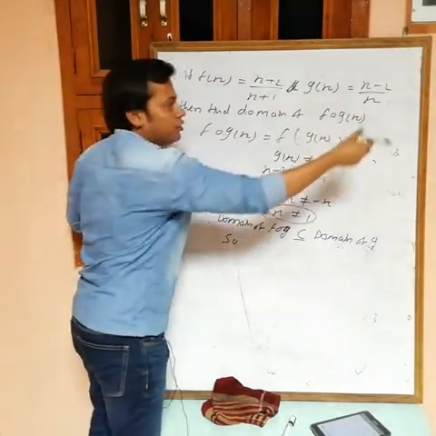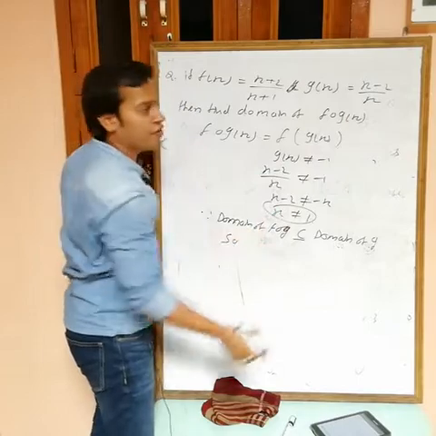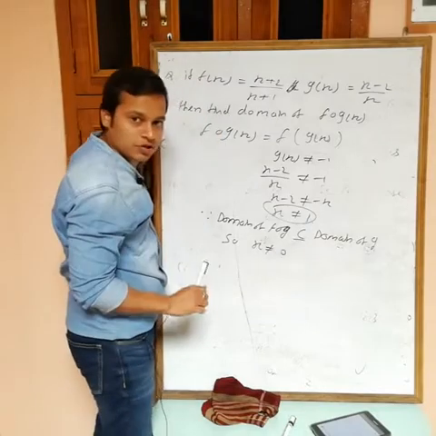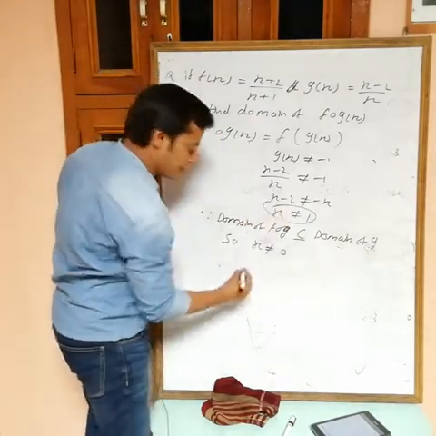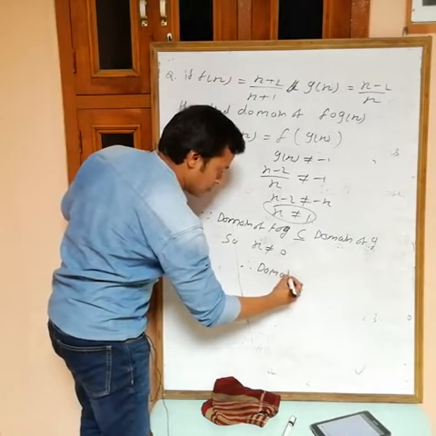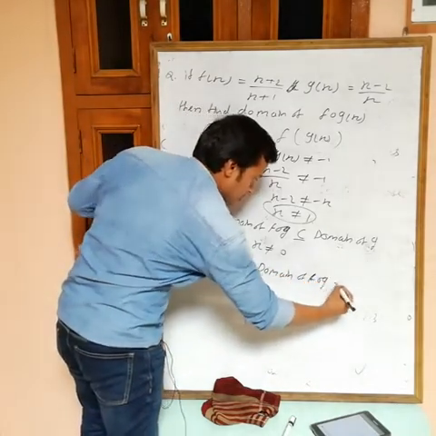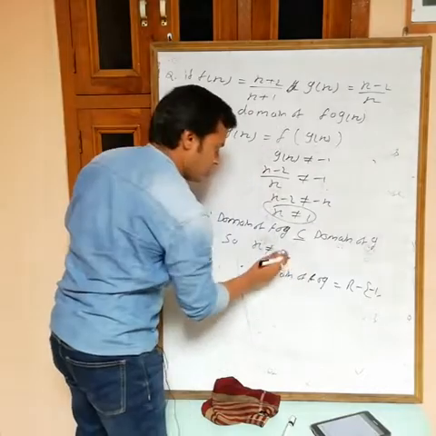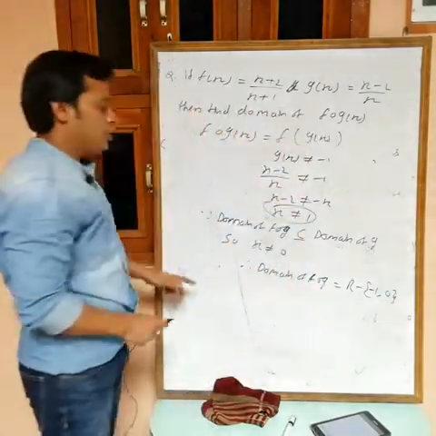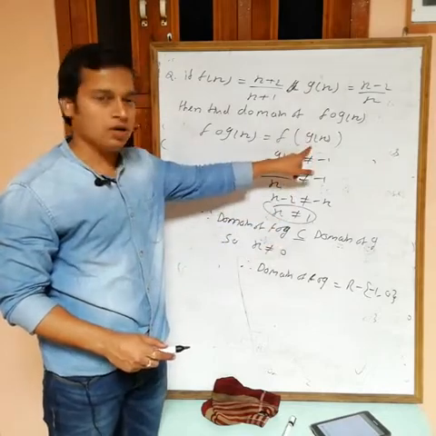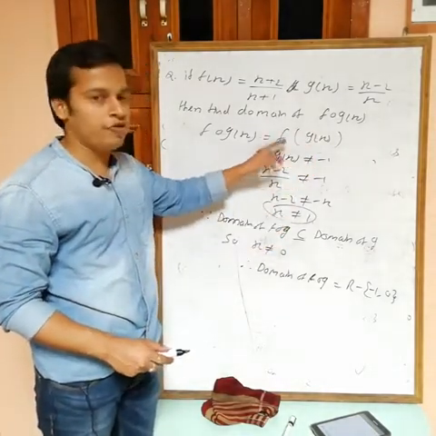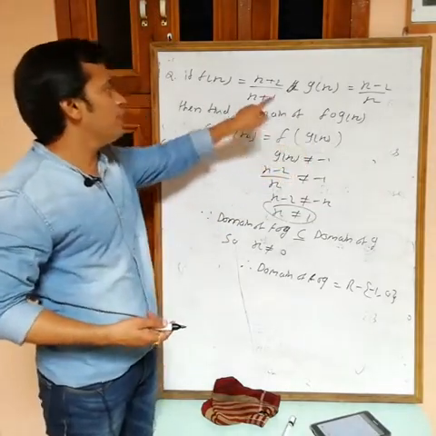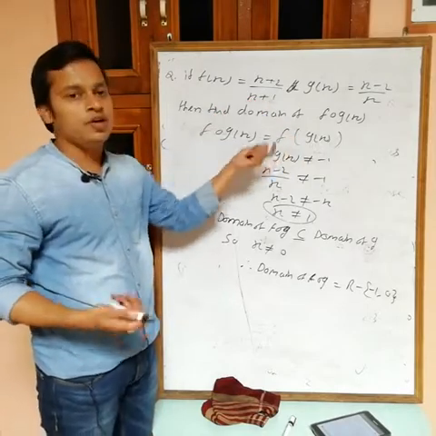So now check g(x). g(x) is defined for every value, it is polynomial by polynomial, but you can't take those values of x for which the denominator becomes 0. It means x can't be 0. So now we have to exclude both. The domain of f of g is R minus 1 and 0. This one I am excluding because of g, and this one because of f. You can't take any value of x such that g(x) becomes minus 1, because at minus 1 the denominator of f becomes 0, then f is not defined.